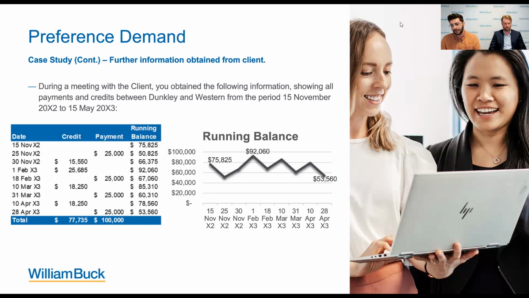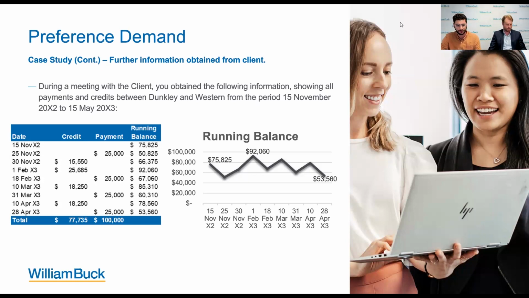What a running account defence allows you to do is say, well, yes, we received $100,000 in payments, but our debt change means we only received a benefit of $22,000, which is that $75,000 less $53,000. So a $100,000 claim can be reduced to $22,000. There is a little graph on the right side, which shows the up and down trend of that.